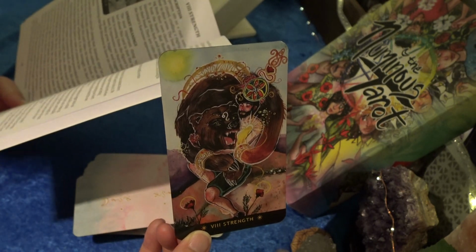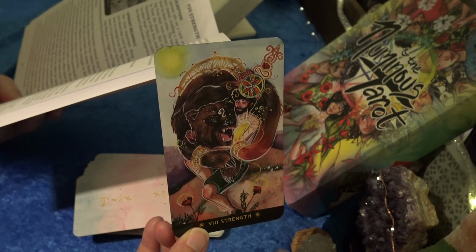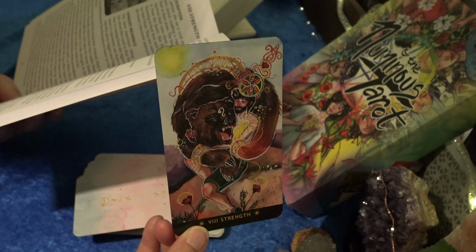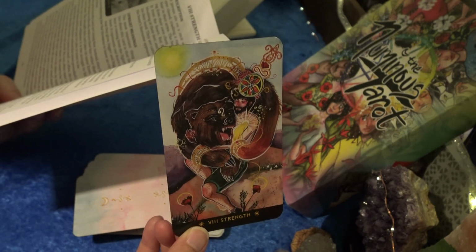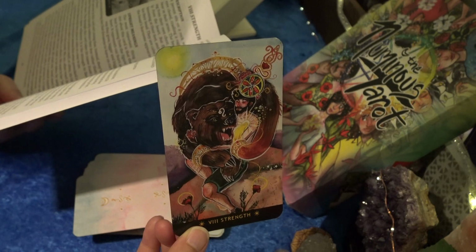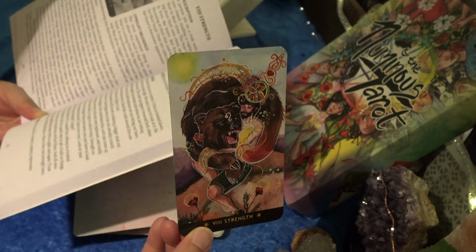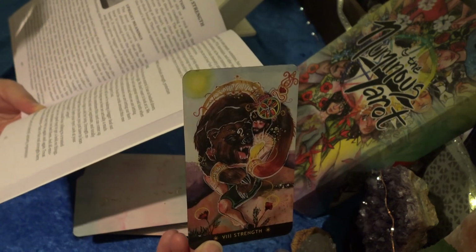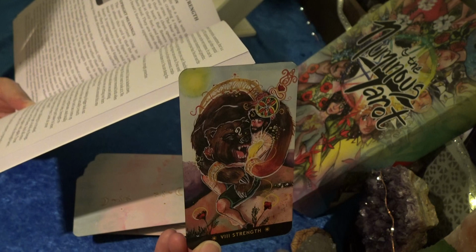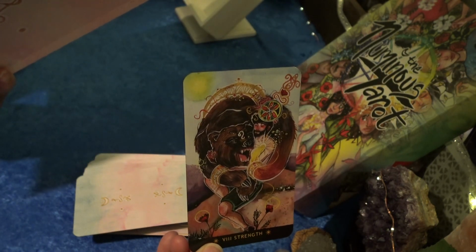Upright meanings. The most important thing to notice about this card is that the spirit bear is coming from the figure's own heart. It represents our fears and the way they grow bigger and bigger until they reach an overwhelming size that threatens to leave us curled up in a ball on the floor. But the person in this card isn't doing that. Instead, they've chosen to comfort the bear, to literally embrace their fear rather than allow it